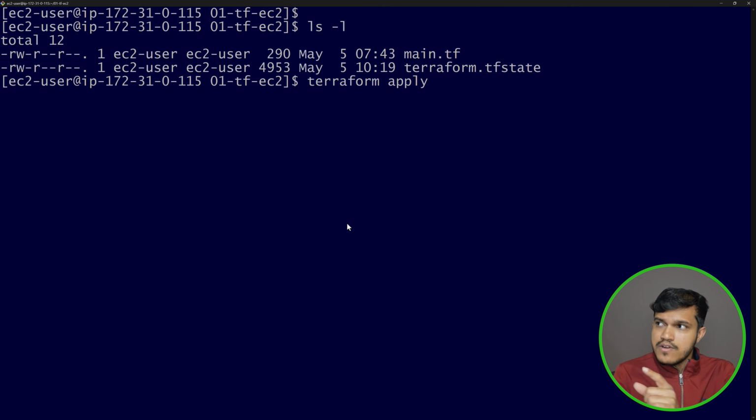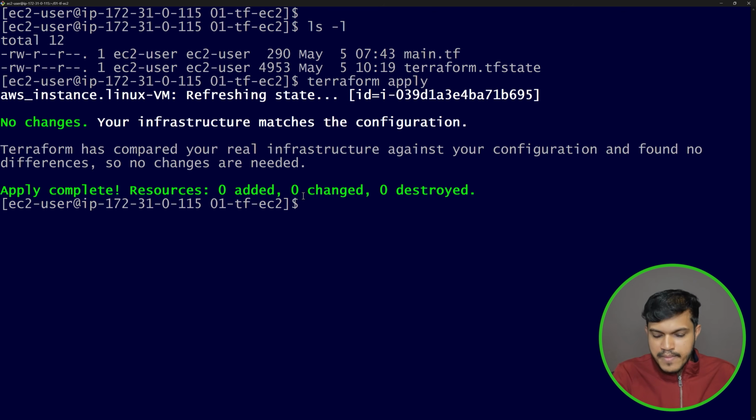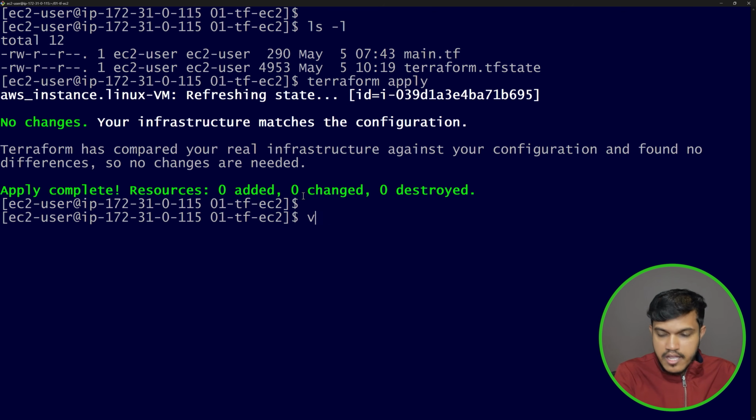No, because of the state file, it will go and check the state file, and it will check the main file. All this configuration, the resource is already created because that is there in the state file. That information is available, so it will not create a new one, right? So no changes have been made. Now I would like to say vi